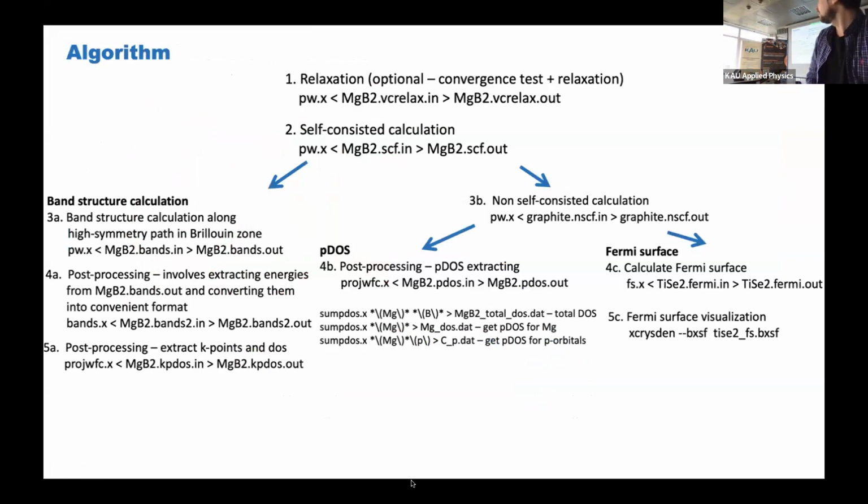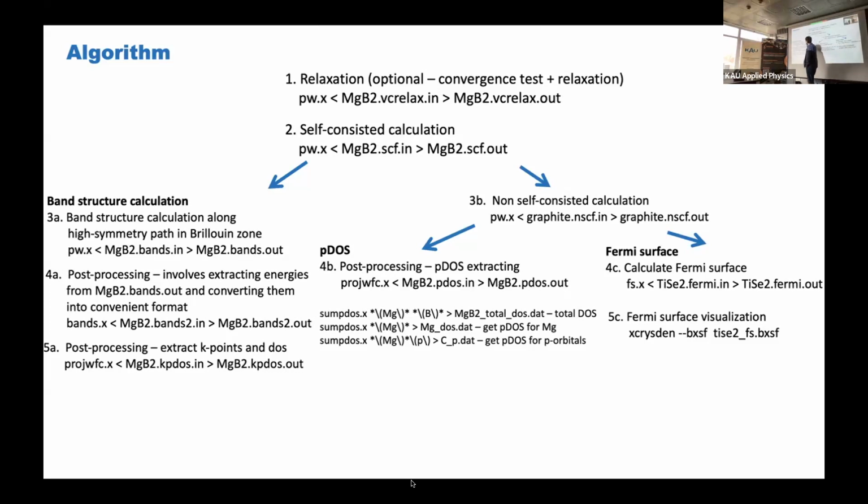And now I can propose that you calculate it. So today it will also be some training for you in working with our computational cluster. And today we will go on this. We will start from relaxation of this material, magnesium diboride, and then we will go to calculating k-resolved DOS.